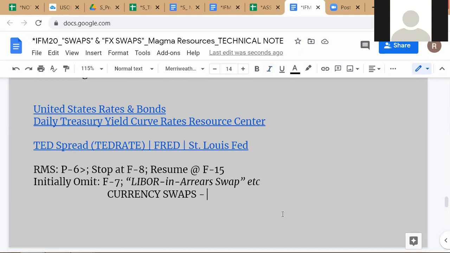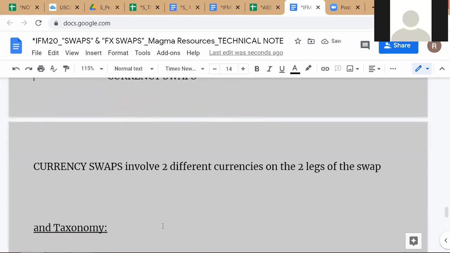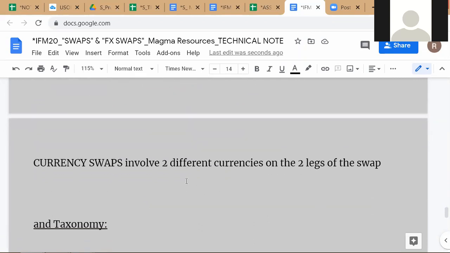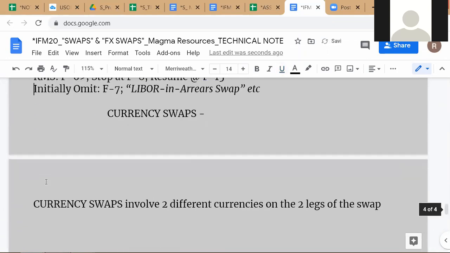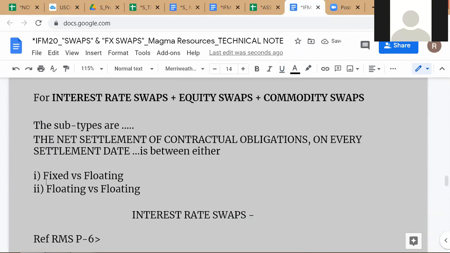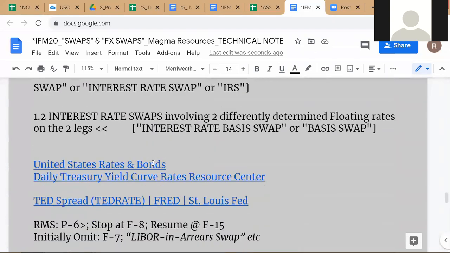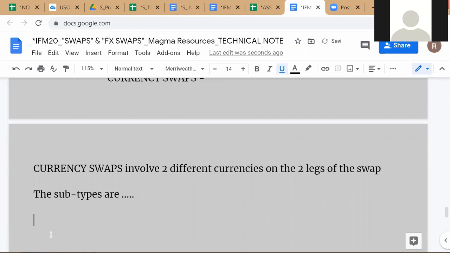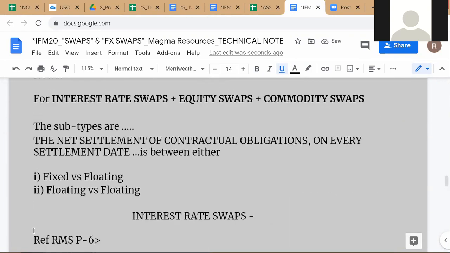Now, let me give you the quick currency swaps part of it. Which is, what did we say? First, we are saying that currency swaps involve two different currencies on the two legs of the swap. So therefore, this part, I think we can wipe out. So the subtypes under currency swaps, therefore, will be, as you can see, this is a general description of currency swaps as opposed to interest rate swaps. So the subtypes under currency swaps, as you can see, obviously will be